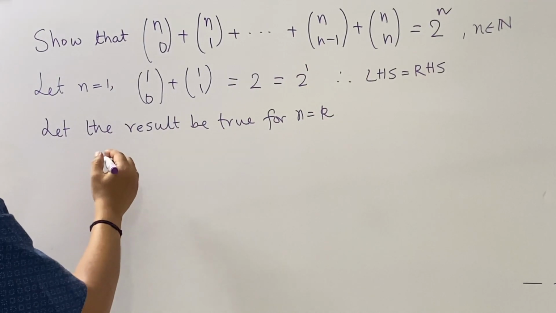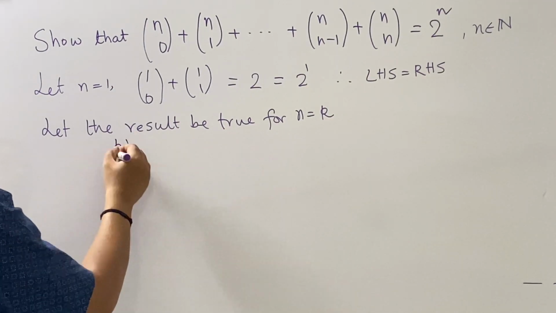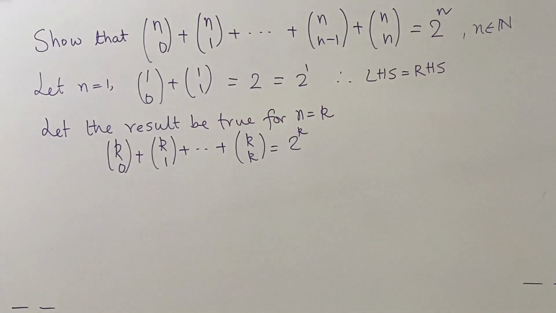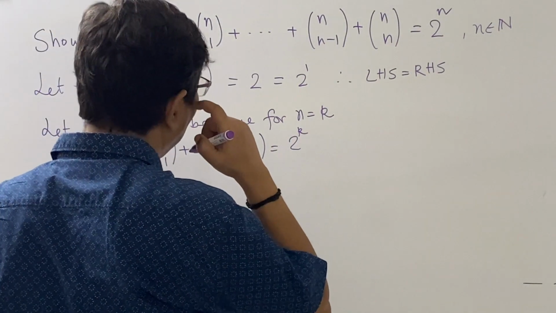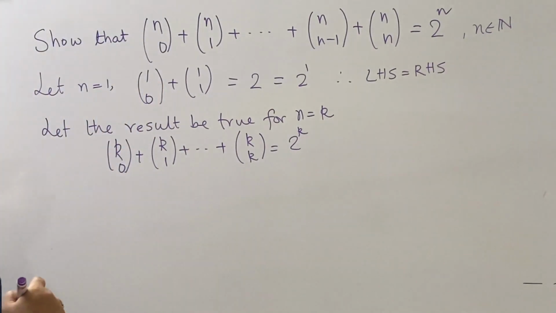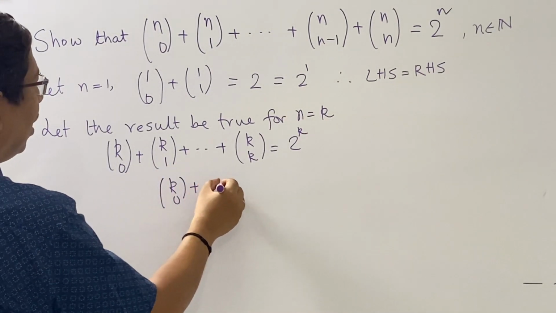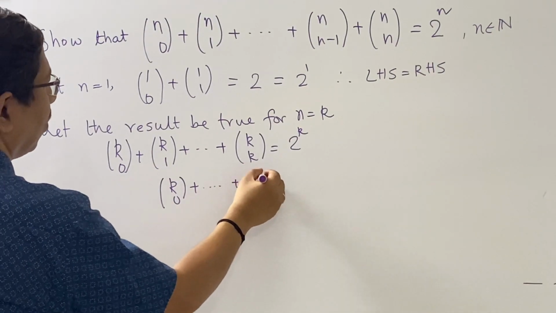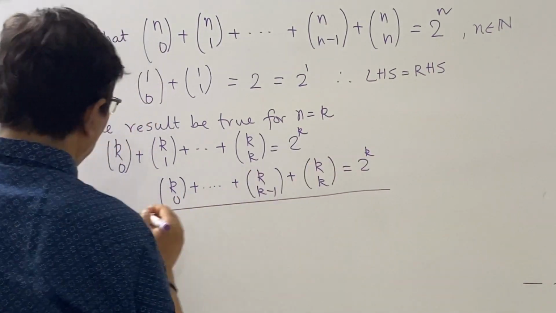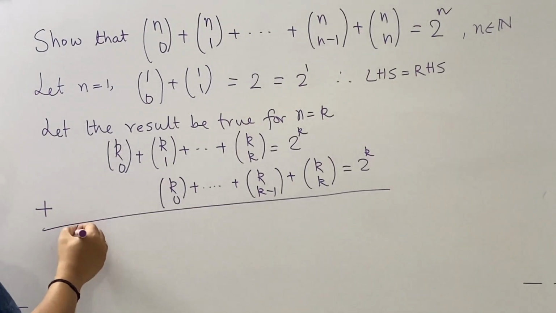Now since the result is true for n is equal to k, we have that. Now we note that if the result is to be true for n is equal to k plus 1, then the answer should come as 2 to the power k plus 1. And that gives us an idea. The idea is, why don't we add the same series twice? Now once we add these two, what we get is,